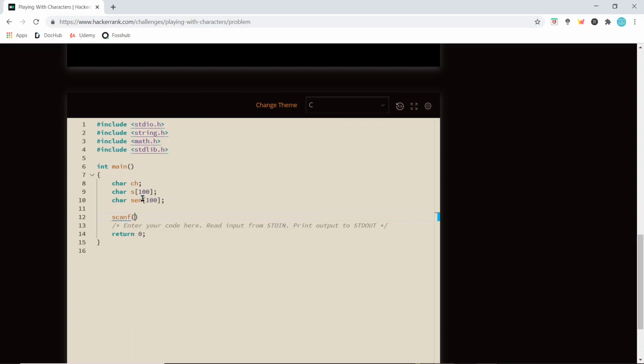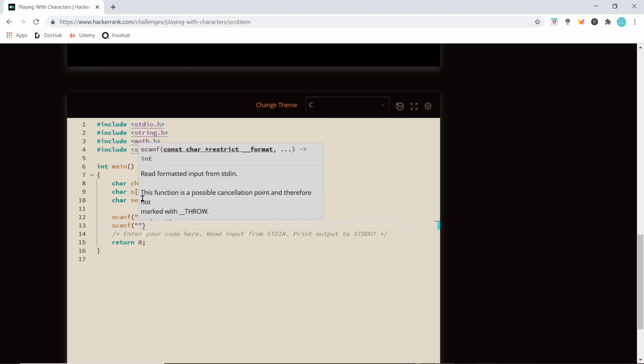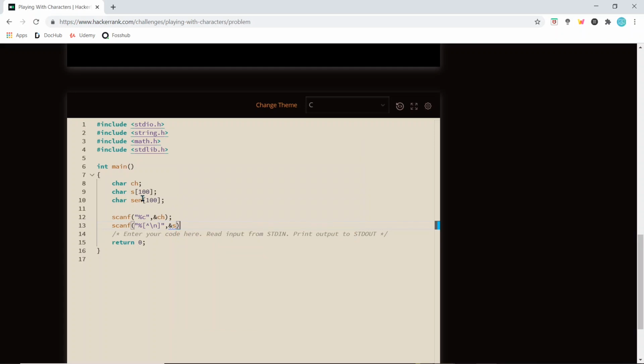We use the scanf function, and inside double quotes we write %c to take in the character input. We put in a comma and then we write &ch. Okay, this one will take the input of the character. Now we write another input statement. We put inside percent brackets, upper arrow backslash n brackets closed, and then we take the input of that string, and the string's name was s, and ampersand is the symbol to declare where to put the taken input.